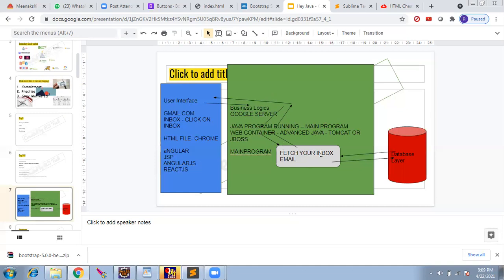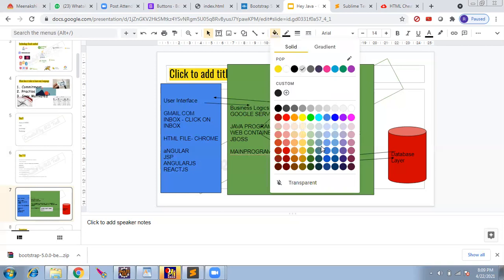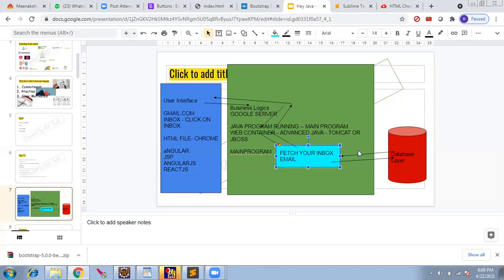One is the web server layer, and the other is Java, the application, the actual logic. So this light blue is what we were seeing so far.